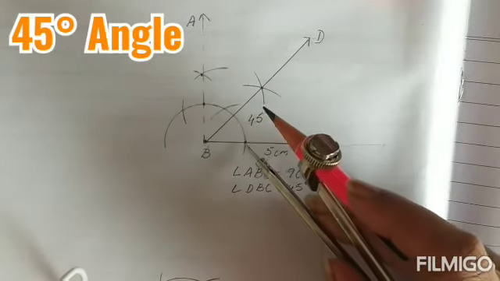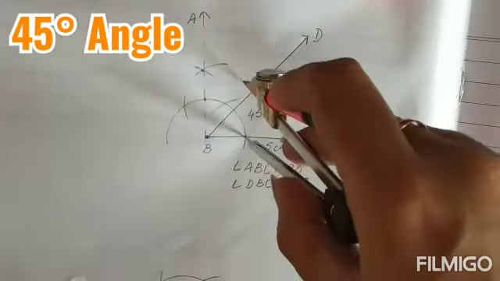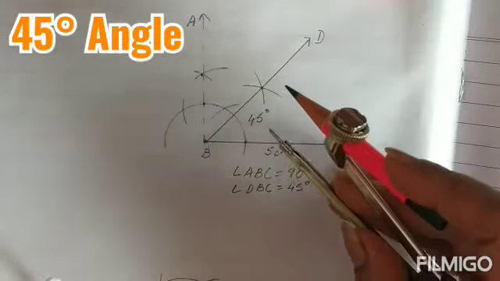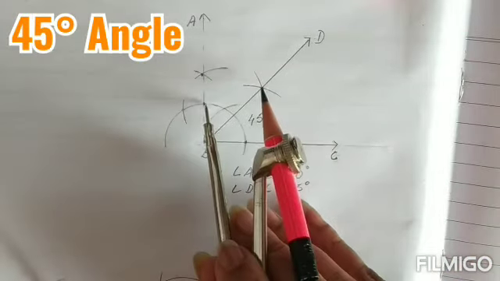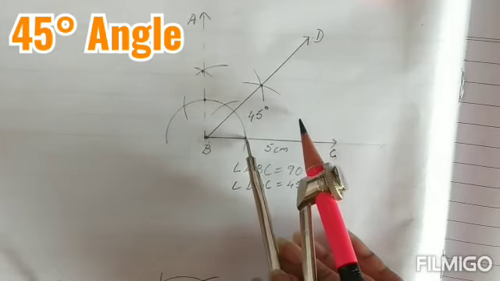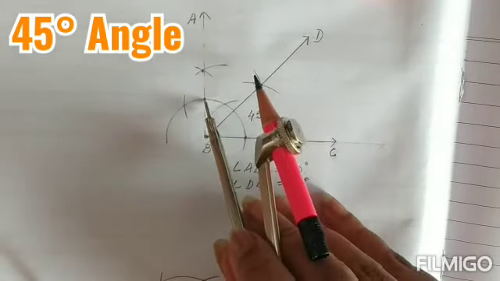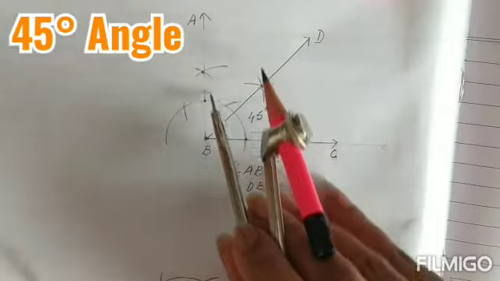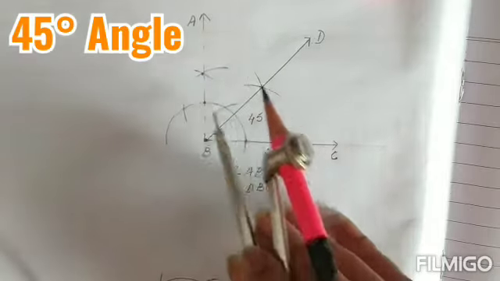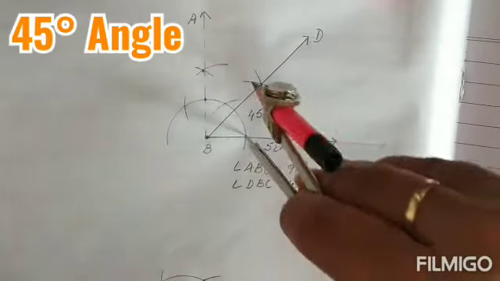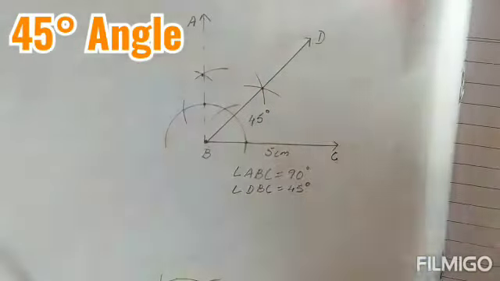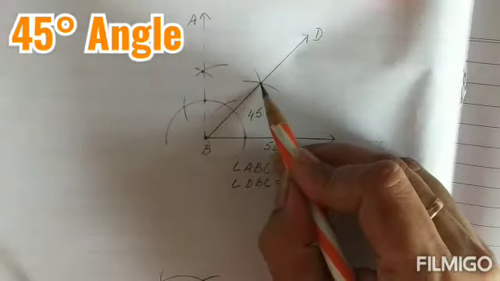Now keep your compass over here, children, and cut an arc over here in between the two arms for the 90-degree angle. Then keep your compass again at the second point. See, we are going to keep the compass at these 2 points, children, where it is cutting and touching the two arms of a 90-degree angle. These are the two arms of the 90-degree angle. So it is touching here and here. So keep your compass once over here and cut an arc in front. Once keep it at this point and cut an arc in front. Now you will get a midpoint. See, this is the midpoint.